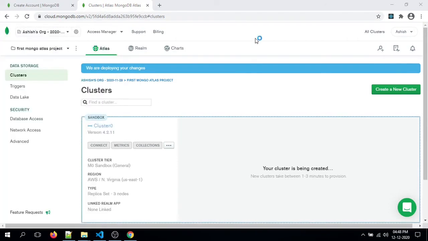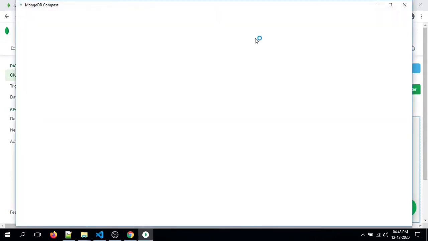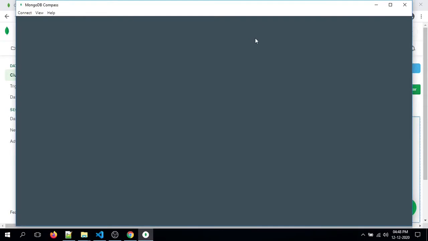Till then, I will let you know what MongoDB Compass is. MongoDB Compass is software provided by MongoDB, which is a UI. We can connect our local MongoDB environment in MongoDB Compass. We can check databases, tables, records, and run queries using MongoDB Compass.